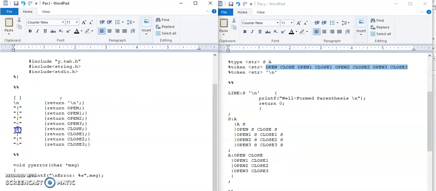Similarly, for a closing round bracket, close is the token. For a closing square bracket, close 1. For a closing curly bracket, close 2. And for a closing angle bracket, the token returned will be close 3. It is necessary to take separate tokens because we want to match an opening round bracket with a closing round bracket only. That is, for the open token, the matching end will be close.